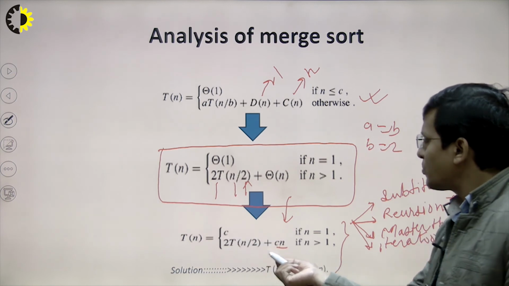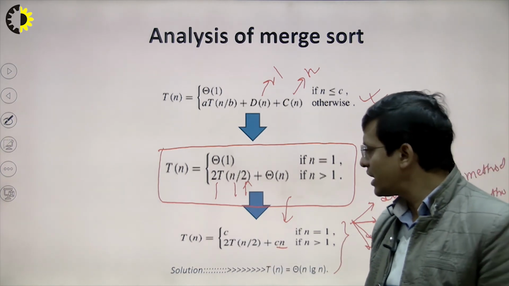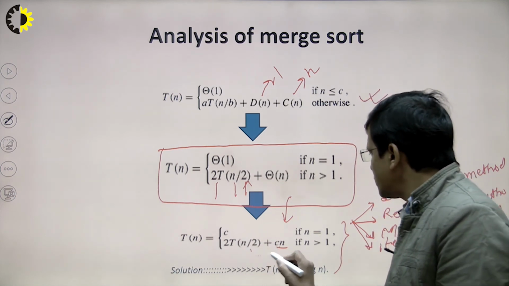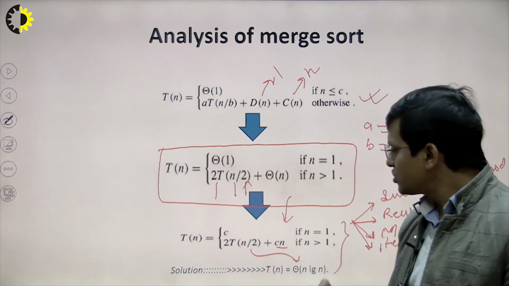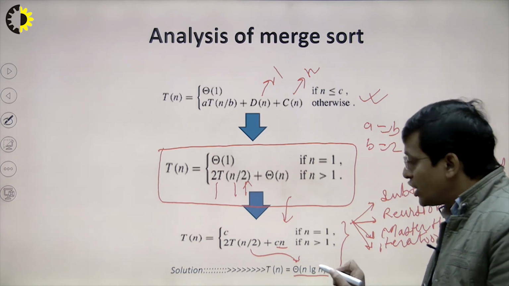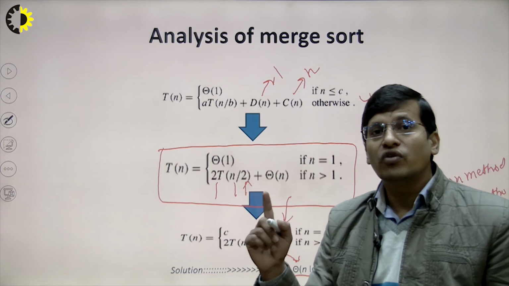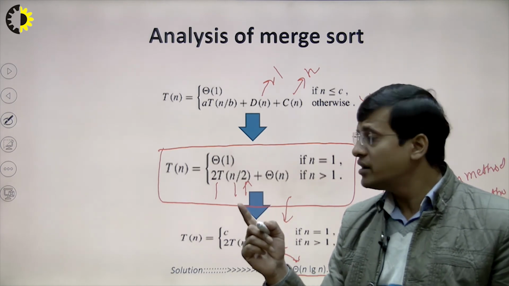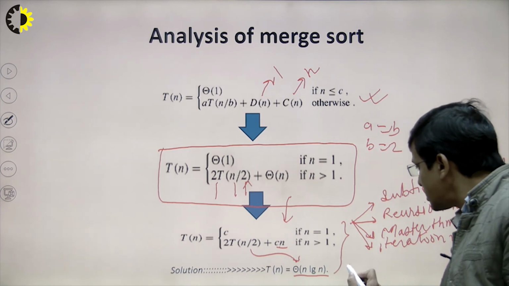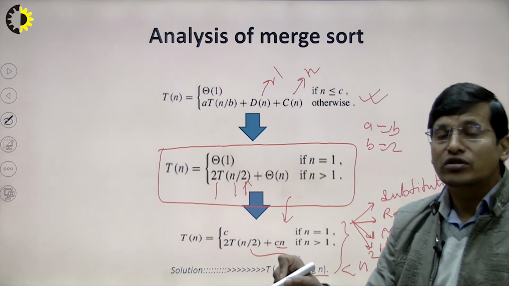In this type of function, the master theorem is very applicable. I will tell you in a later class, but I am just taking the overall complexity here. Suppose I have used the master theorem, and we get n log n time. So merge sort takes n log n, but insertion sort in the worst case is n square, right? So this is some advantage. It takes less because n log n is smaller than n square, so it takes less time as a sorting algorithm.